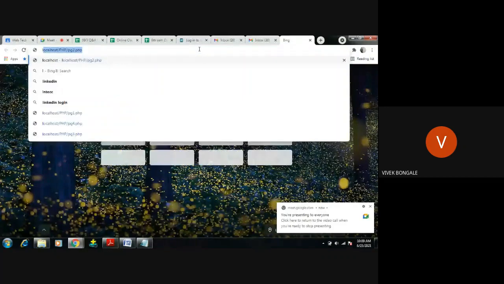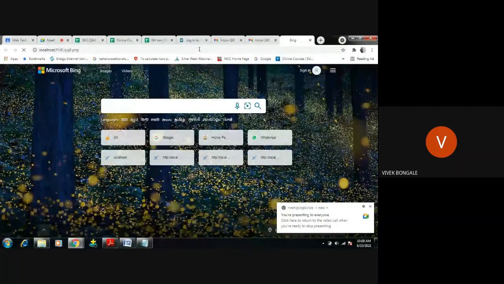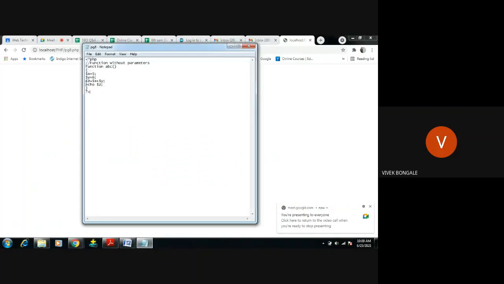Localhost, program 8, enter. See, you're getting a blank page, though you have the echo statement. What is the role of the echo statement here? It will display whatever is inside the variable.